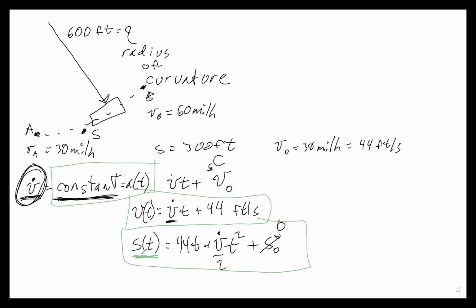However, we still have the v dot problem. Well, then that means that we need to pick a second equation. Well, how about our velocity equation? Our velocity equation also has v dot and it also has t. All right, but we don't know when we get to 300 feet, and I would argue we don't know where A or B is, right? Well, this is one of the reasons why I chose this problem. I feel like it's not incredibly